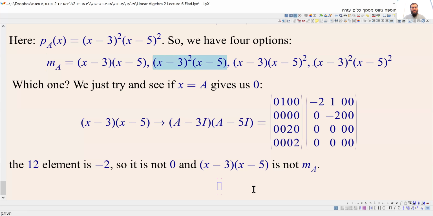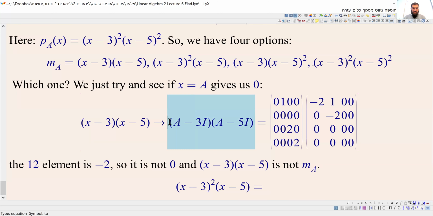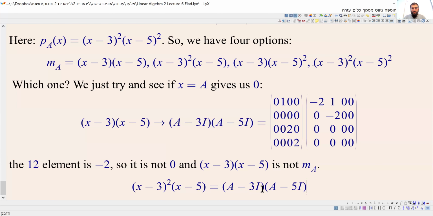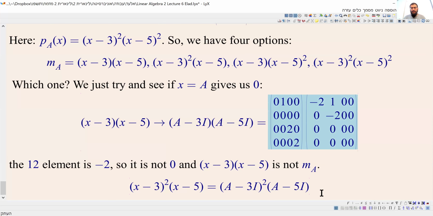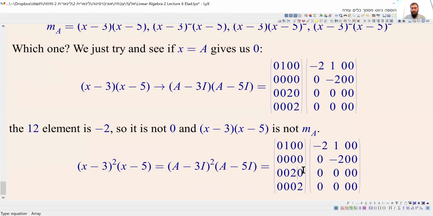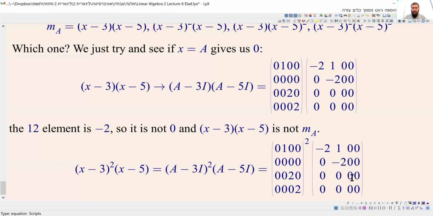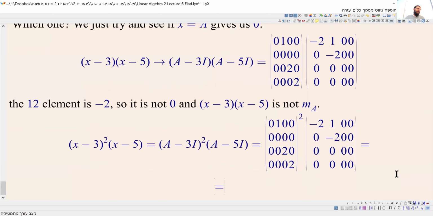If we do it with x minus 3 squared, we have this matrix. This one is squared. Now it's a multiplication of three matrices, right? We multiply this matrix by itself, and